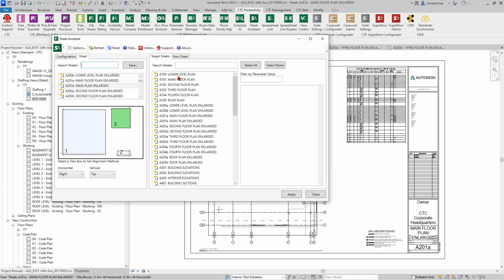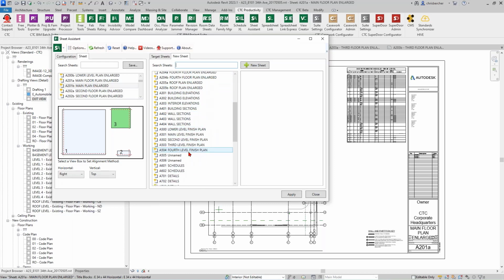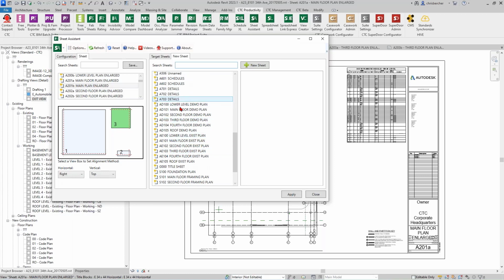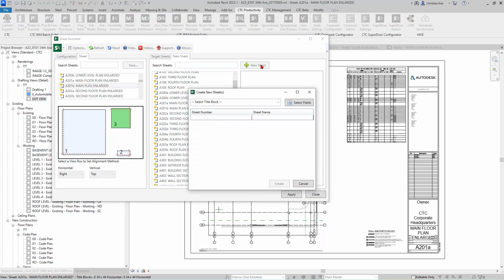Now, the fun part. Creating new sheets and placing views on these sheets. That's what the new sheet tab is for. So in this case, I need sheets for my ceiling plans. I don't have any ceiling plans in my list yet. Got a bunch of existing and demo, framing, my main floor plans. I don't have any finished plans here either. But I'm going to do my RCPs in this case. So I'm going to hit new sheet, pick my title block,